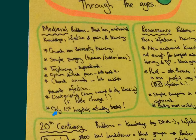There were hospitals, but the hospitals were set up by monks and nuns in churches and monasteries and abbeys and things like that. And only 10% of these hospitals actually did any kind of treatment for patients. And even that treatment definitely wouldn't have involved surgery. It would have been things like herbal remedies and prayer and rest and food and water. 90% of the hospitals would have been care not cure,